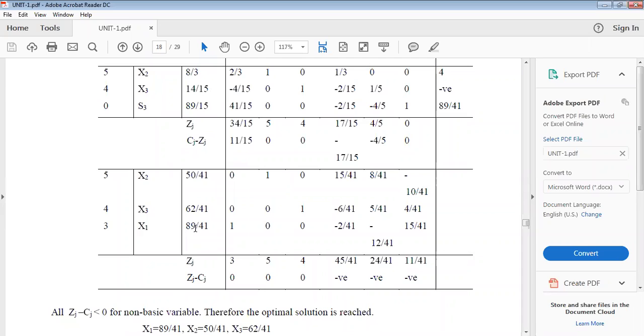So 89 by 41: 89 by 15 into 15 by 41, the 15 will cancel out, and you get the ratio 89 by 41. Then 0 into 15 by 41, 0 into 15 by 41, and again minus 2 by 15 into 15 by 41 becomes minus 2 by 41. Here you get